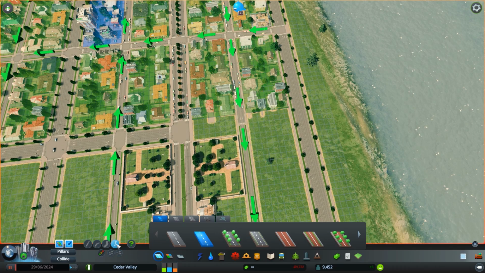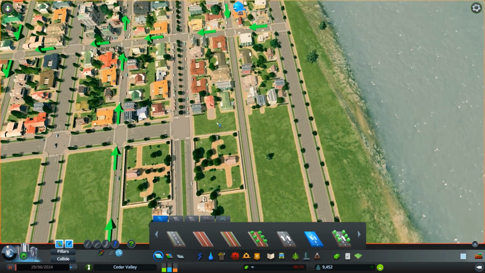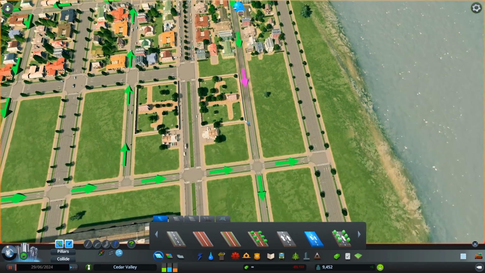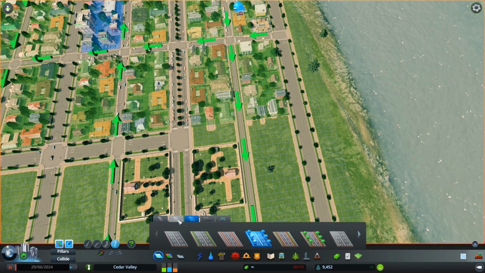Can we not upgrade this? There we go. No, maybe, yes. Oh, I'm upgrading to 2-way. That was dumb. There we go, perfect. So let's grab the avenue again. 6 lane, and let's see how...